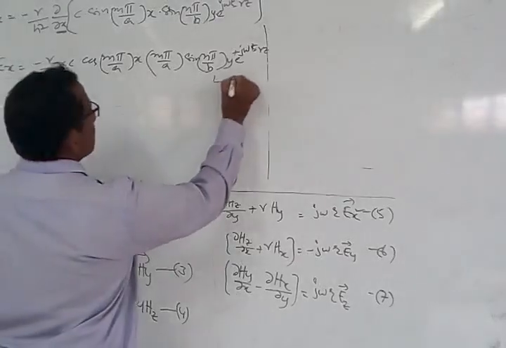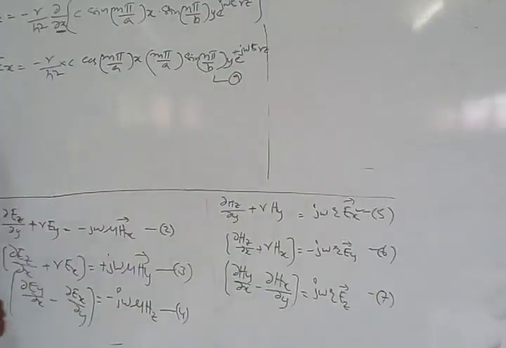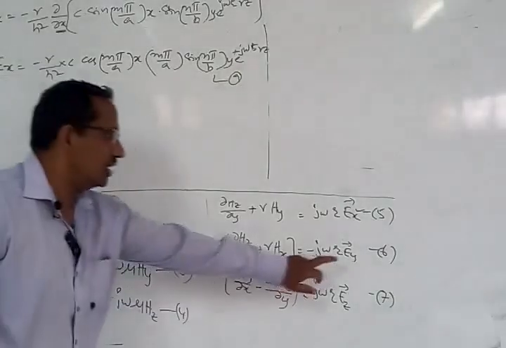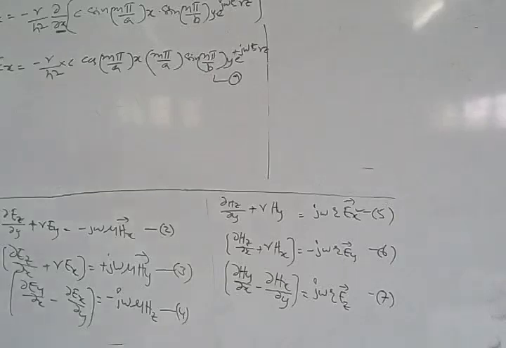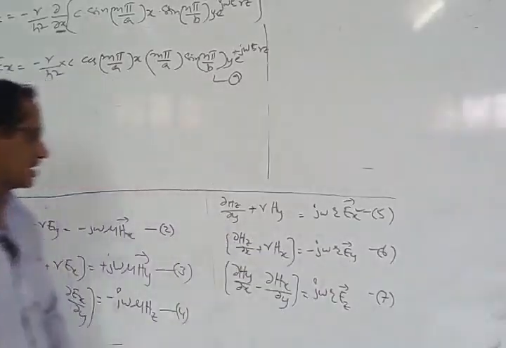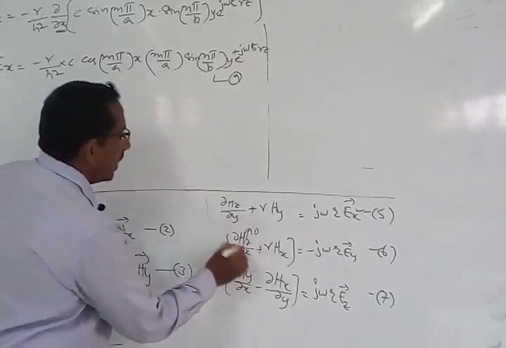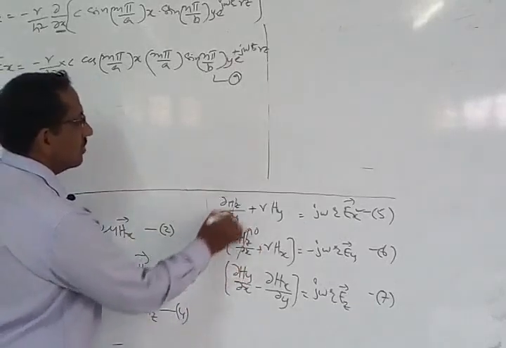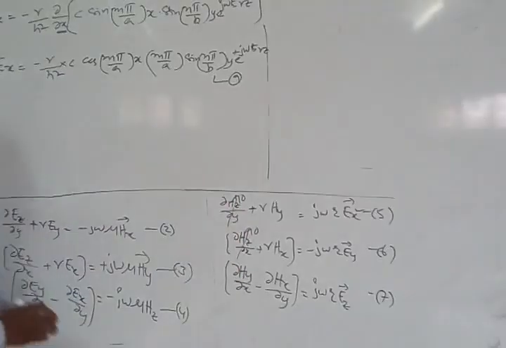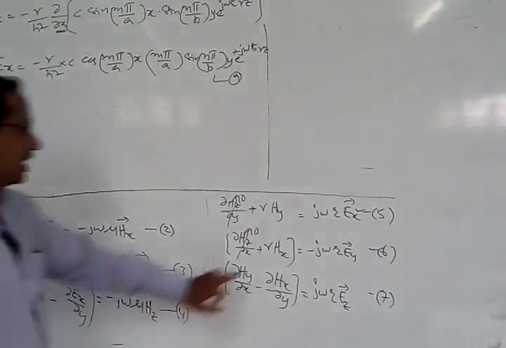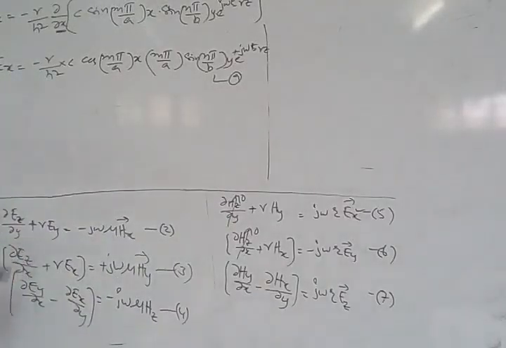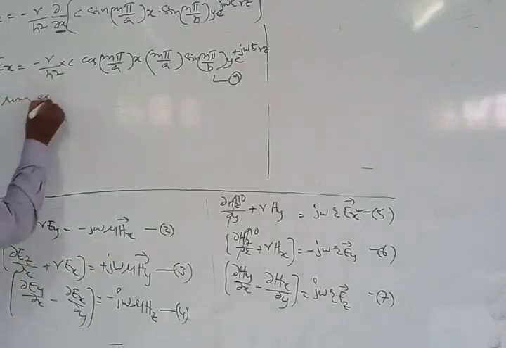Right. Now this equation I can designate as equation number 9. Now the next point is, I have to get the expression for Ey. So how can I get the expression for Ey now? In the Ey equation, if you see equation number 6, I have Hx. Anyway, this factor dou H by dou x is 0, because Hz is equal to 0. Here also Hz is equal to 0. We don't consider this particular factor there. So here I have Hx, so I have to get Hx from equation 2.